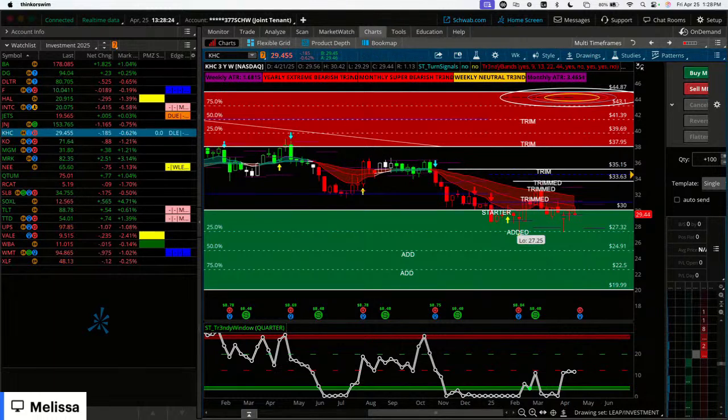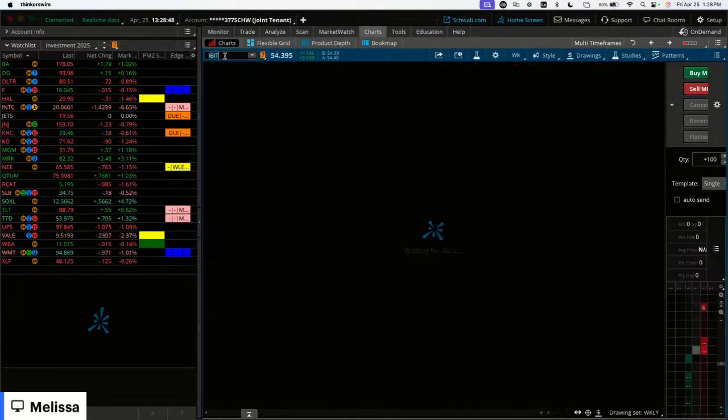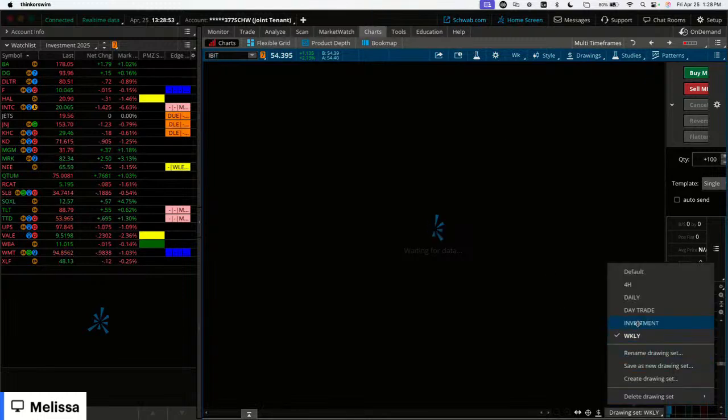Yep. I have Bitcoin in my long-term account. I sure do. If I were to leap trade with options on Bitcoin, Casey, I would use IBIT as the vehicle to do that. I can show you real quick here some higher time frame levels that I would be interested in